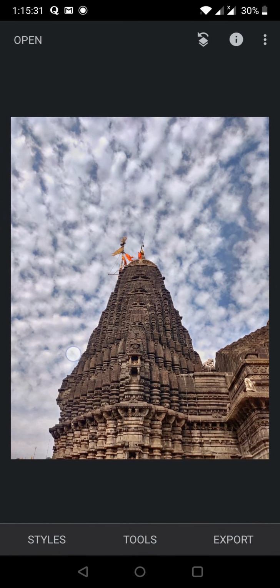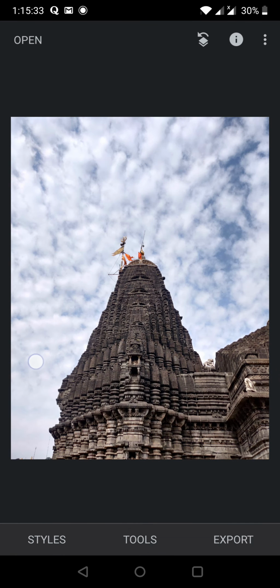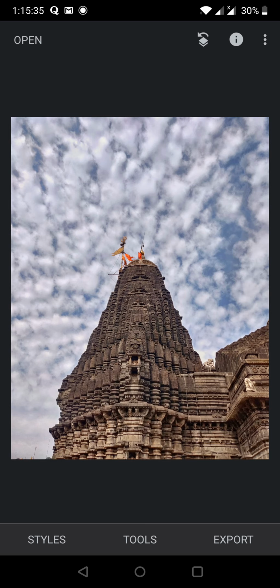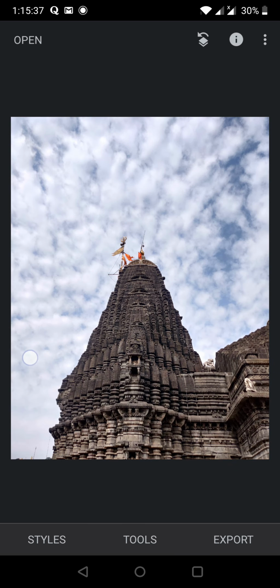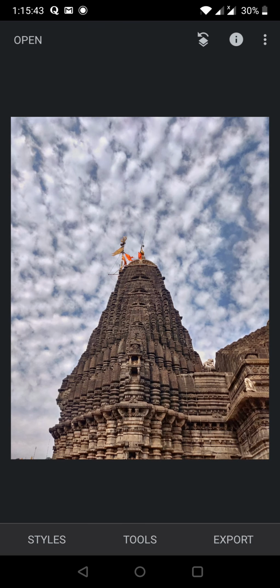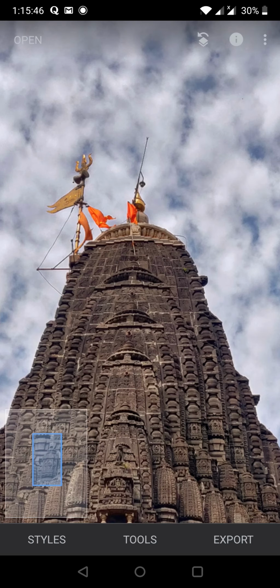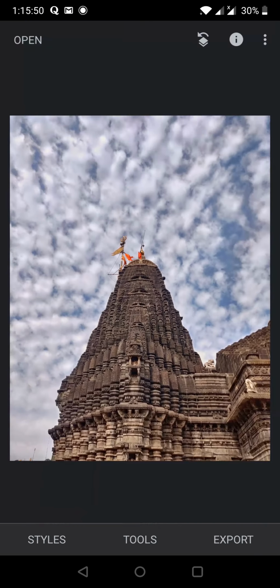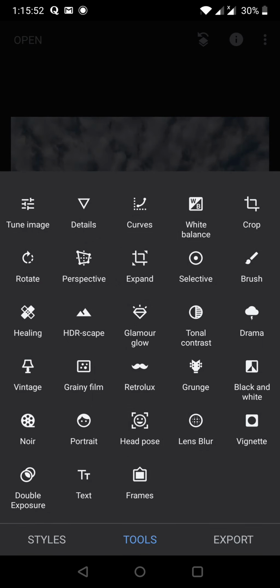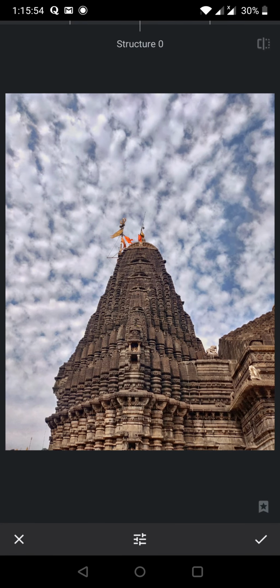Once I'm done, I'll save it, and you will come to your home screen. At any time you will long press, you'll see your original picture and your latest picture. Then I'll go to tune. You can also zoom in and see how the detail is getting changed.